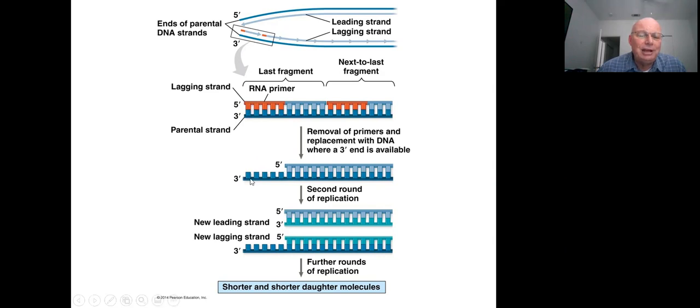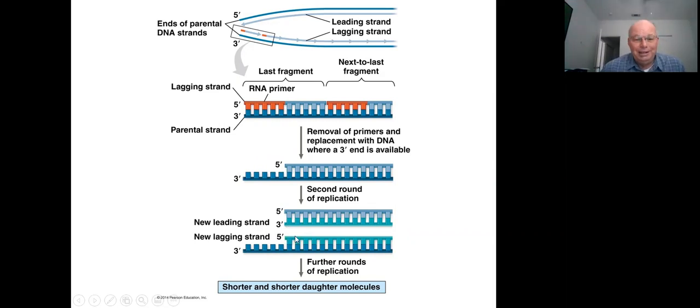That missing region can't be copied because there is no double-stranded nucleotides down here to provide a starting point for the DNA polymerase to fill in the primer. The primer can be removed because it can be recognized as an error, but you can't replace the missing nucleotides, which means that consequently,